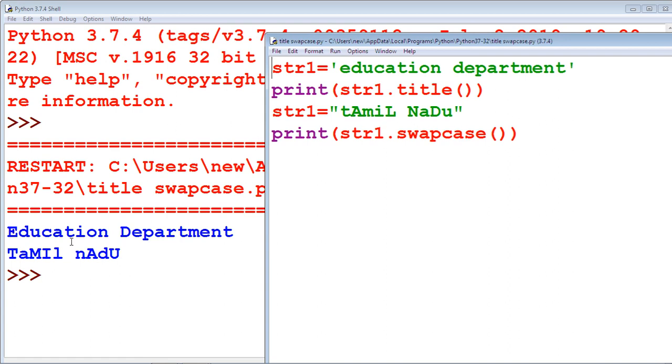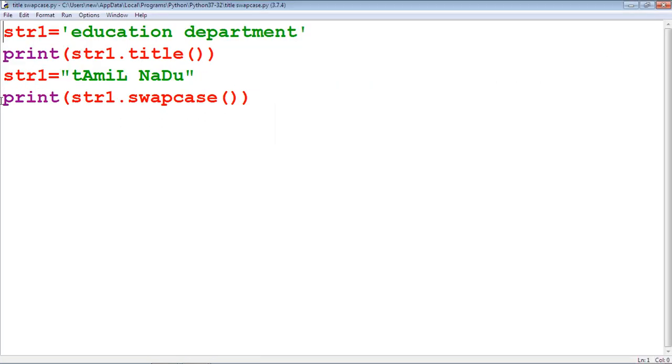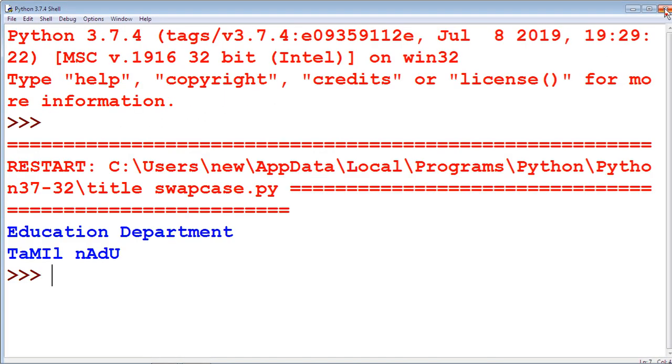It gives capital E and capital D. str1 equal to Tamil Nadu, str1.swapcase. It changes all the letters into opposite case. That is, small a turns into capital A, and capital T turns into small t. So small case letters are turned into capital case, and capital case letters are turned into small case letters. These are the examples for title and swapcase.